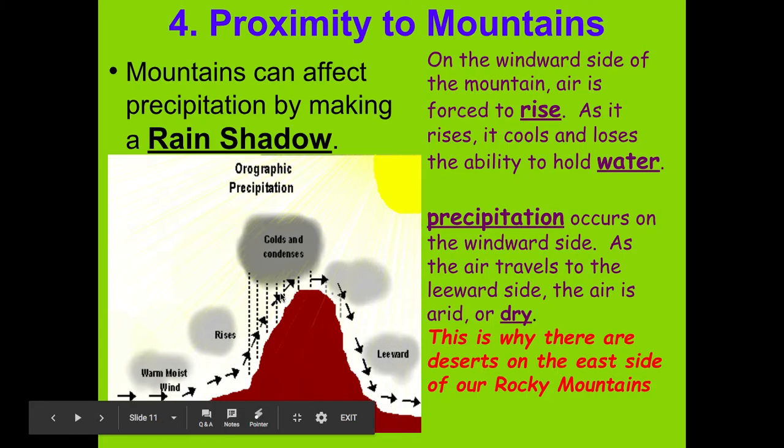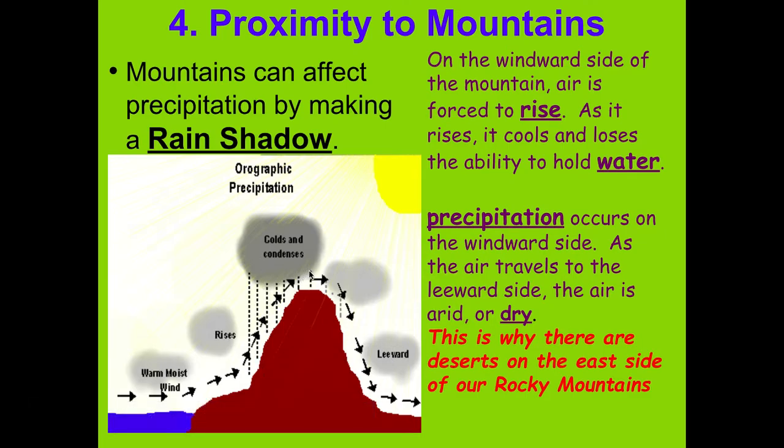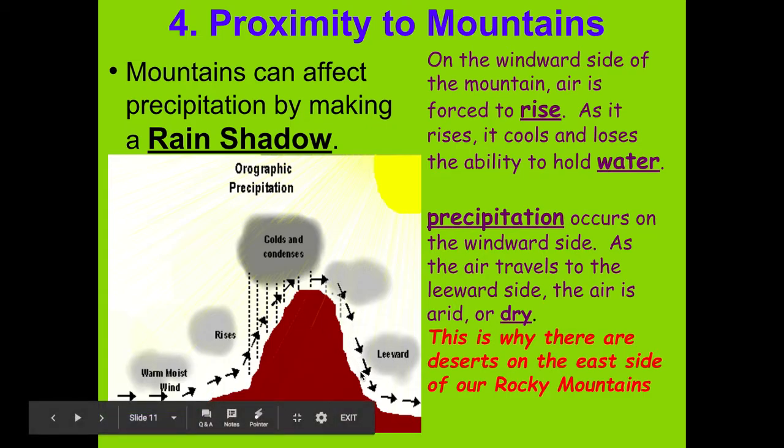All right, so basically one side of the mountain, you have moist air as it rises, it cools and condenses, and you have rain. But now the air is dry, it's going to sink and warm back up on the leeward side. That's the dry side, and this is going to be more desert. So lots of precipitation on the windward side where the wind comes in, dry on the leeward side.